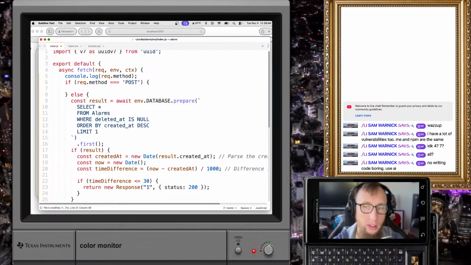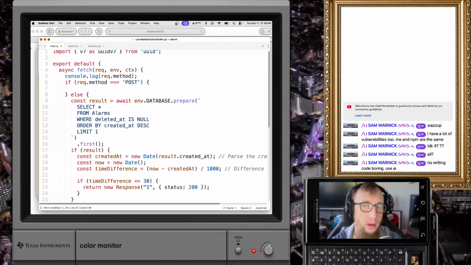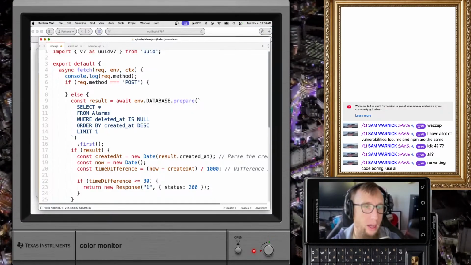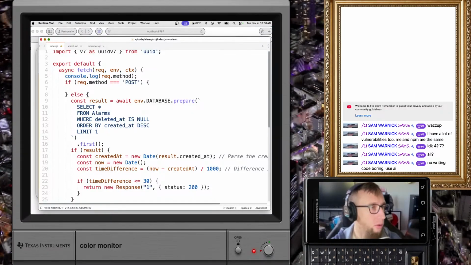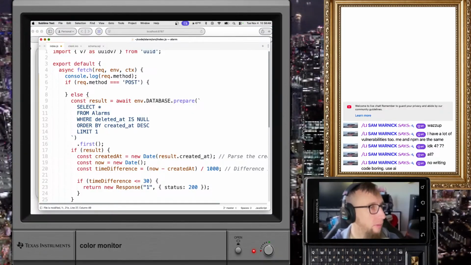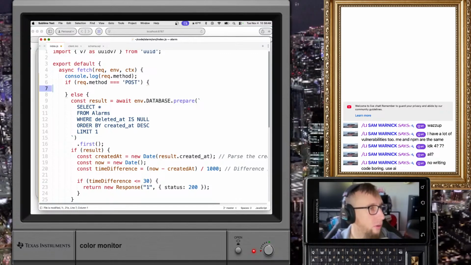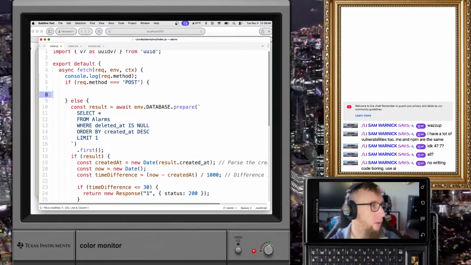Writing code is boring. Use AI. How to prompt: Dear AI, write code for me. So basically, if it's a post, else is going to do this. So I'm going to say...